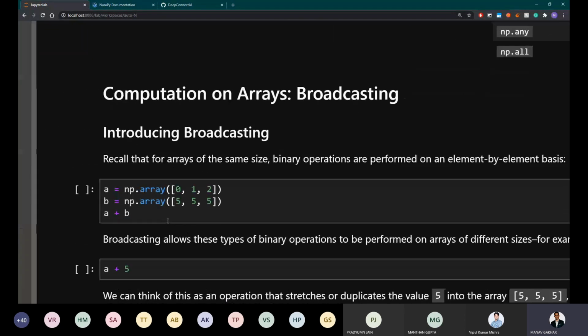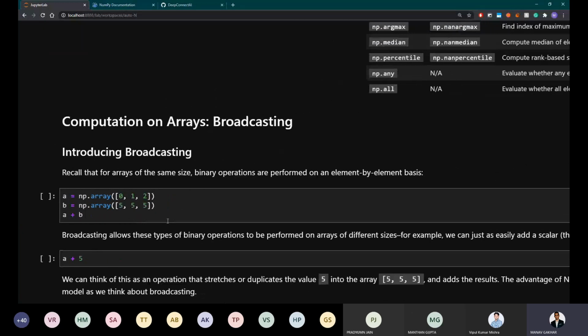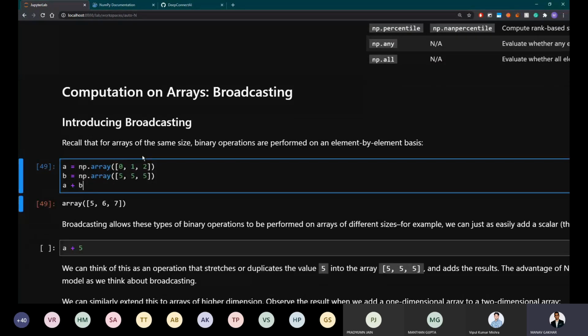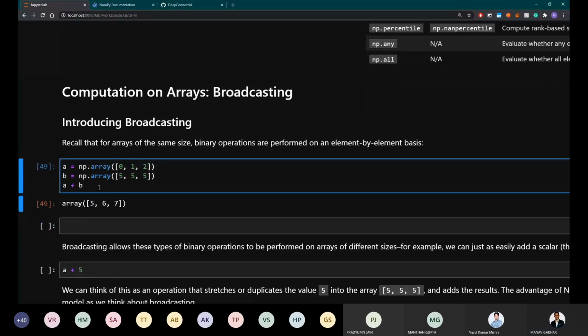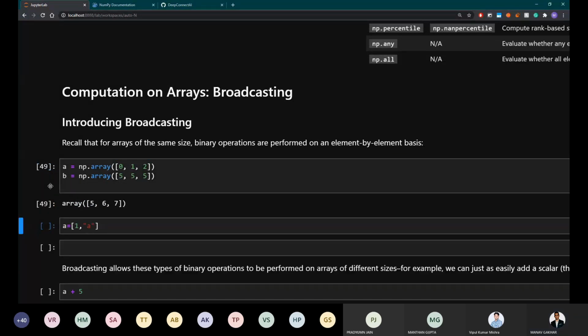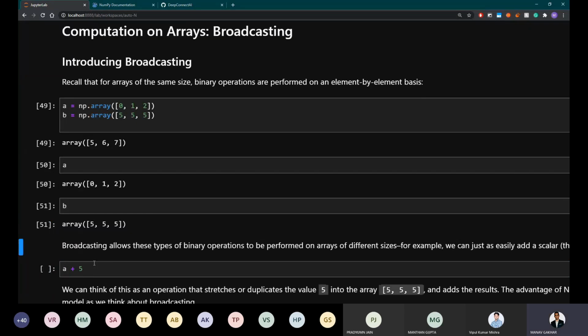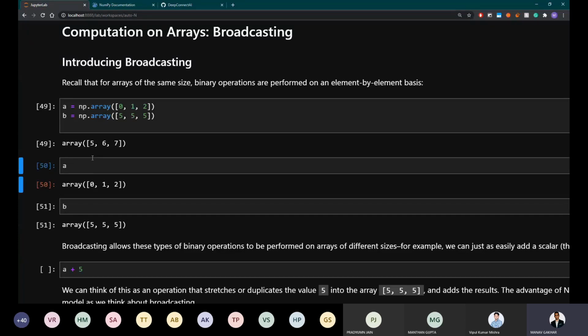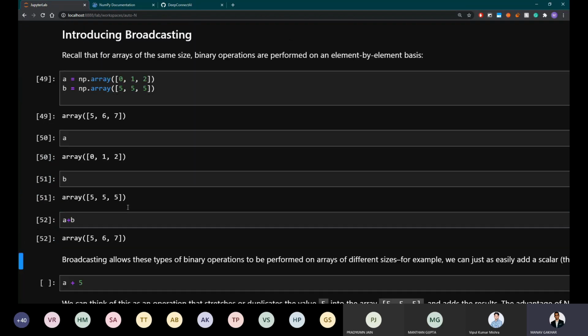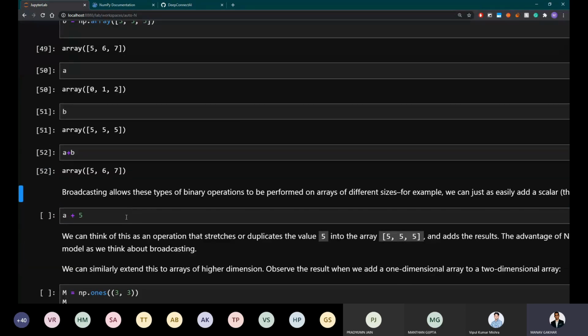This is probably the most tricky concept in NumPy. A lot of discussion and debate has been happening that this should probably be changed because it's simply too complicated and the rules are redundant, so to speak. But here we have two arrays, A and B. Now, if we were to add these arrays, they would simply get added, right? Like 0 plus 5 and 1 plus 2 and 2 plus 5. So the addition here is pretty simple. There's nothing interesting about it.